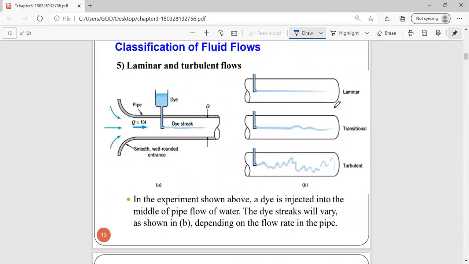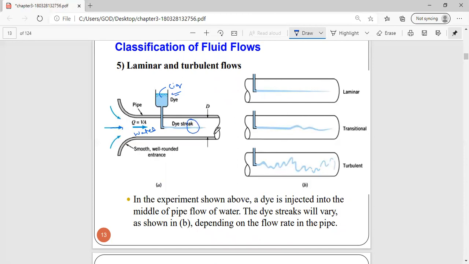We go for laminar and turbulent. It is one of the important classifications. We have an experiment on this in the lab. A dye, which is a color liquid, is there, and it has some entrance here. From this entrance, you are sending the water, and the dye is a color liquid. When you are sending this water, if the outstream is looking like this, then